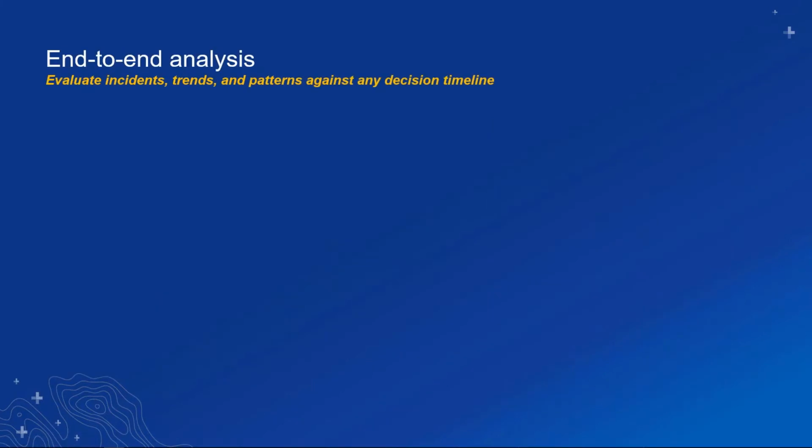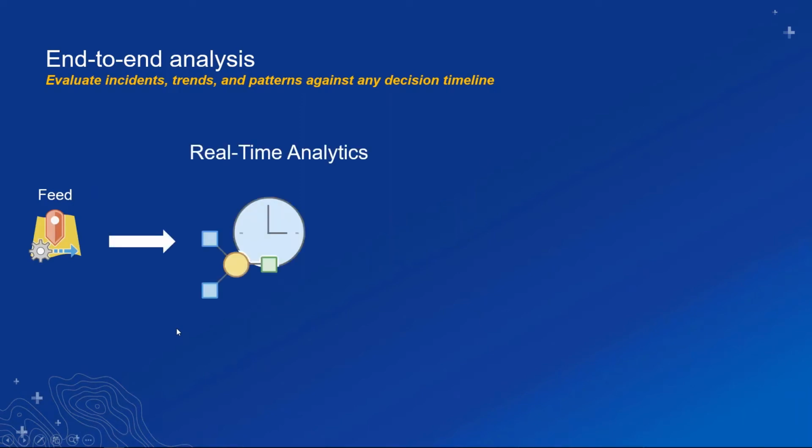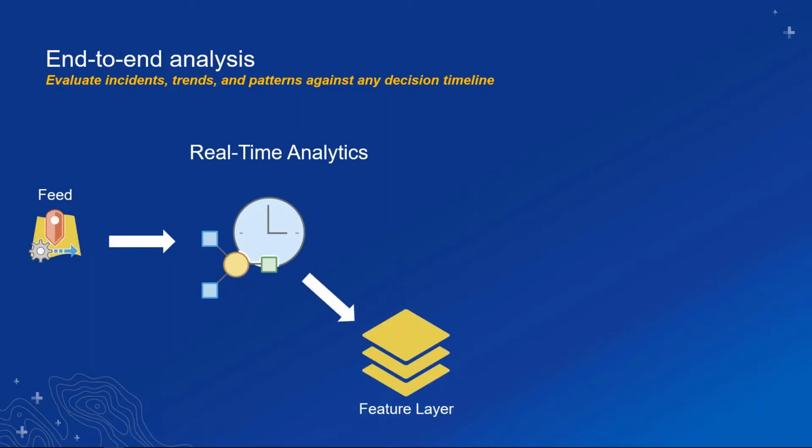Beyond real-time visualization and analysis, you can also work with information you store over time. So far, what you've seen is Matt using a feed to bring in and visualize real-time data. These, of course, get used in the real-time analytics for immediate awareness of incidents. And real-time analytics can store observations over time to a feature layer. As data arrives in real time, however, these historical data sets can grow to large volumes extremely quickly, especially if you're storing all tracks from moving types of sensors like vehicles or personnel. Even just 250 messages a second can grow to 20 million records within one day.